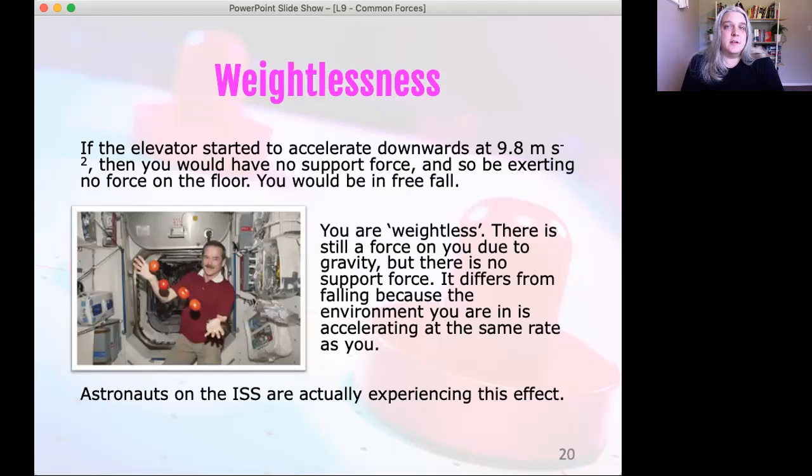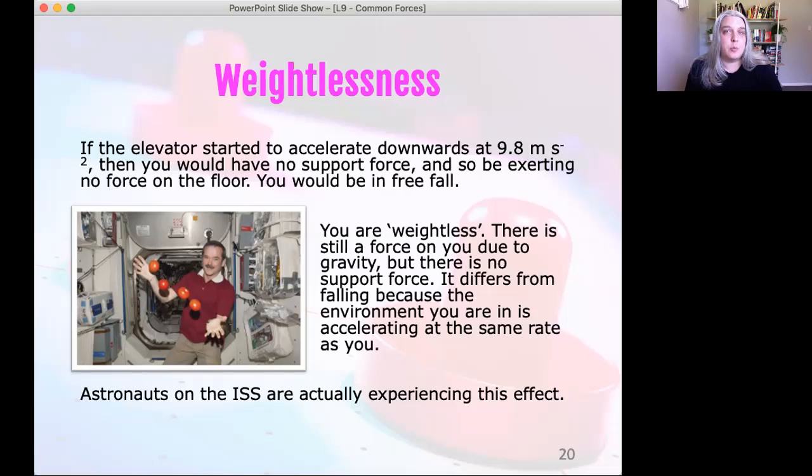So in that sense, if we define weight that way, and then the elevator started to accelerate downwards at 9.8 meters per second squared, or equal to the acceleration that you would experience naturally due to gravity, you would have no support force at all. You would just have the force due to gravitational attraction with Earth, and you would have no support force, and therefore you would have no weight with this alternative definition. You would be in free fall. So in that sense, if you call something weightless